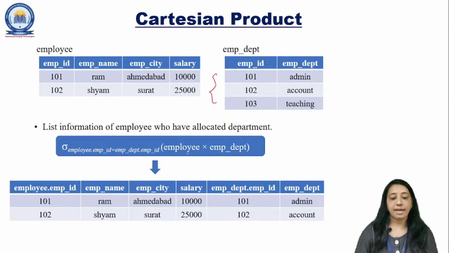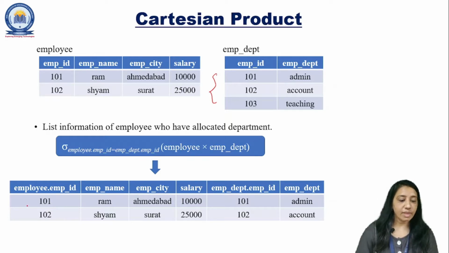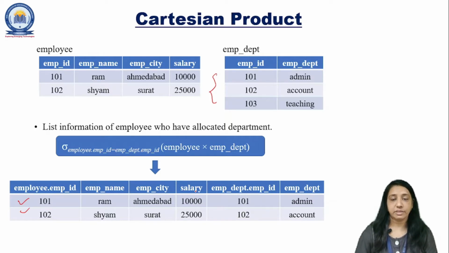So you can see that the filtering of data is going to happen depending upon the condition. Here in the output, only two rows are there, that is of employee ID 101 and 102, because we have put the condition that both IDs must be the same. So when you are going to use a Cartesian product, normally it will be used with some condition, and then whatever information is there, it will have some meaning. So in this way you can use the Cartesian product.